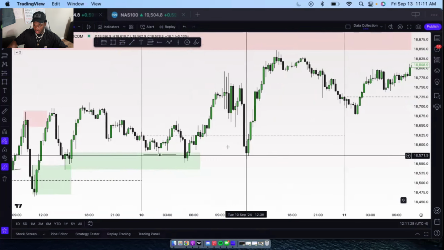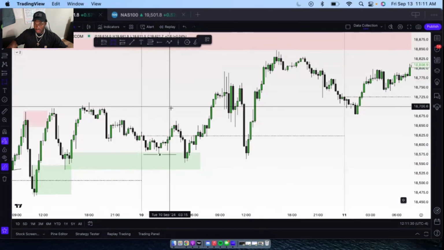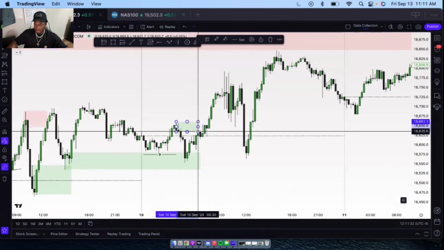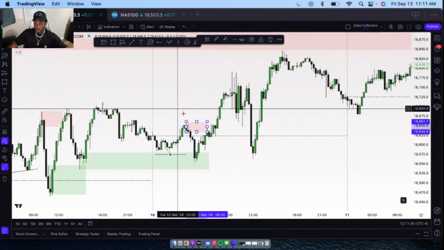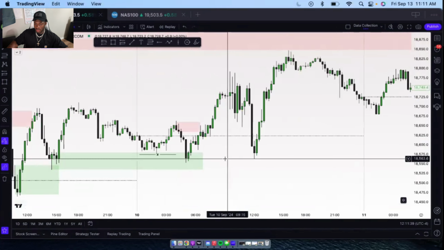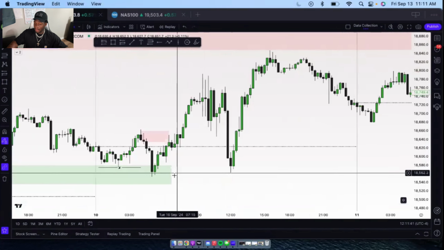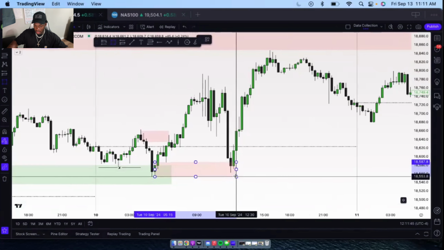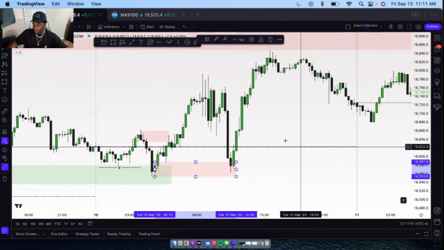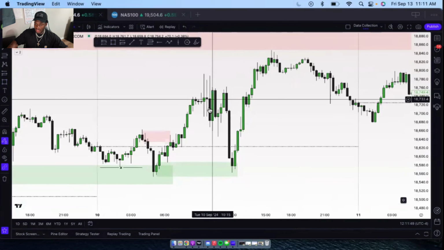So we sweep the levels, right? We do what? Take out supply again, showing that buyers are still working. We know who's in control fully, but we know in this internal daily action who's in control at the moment, right? So what we see here is a clean setup where we swept liquidity, we made some highs, we come